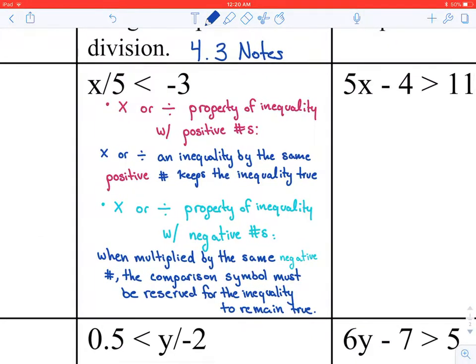So I've got it written down here for you. Case number 1 is multiplying or dividing